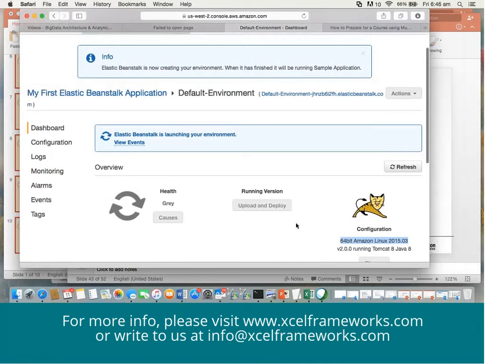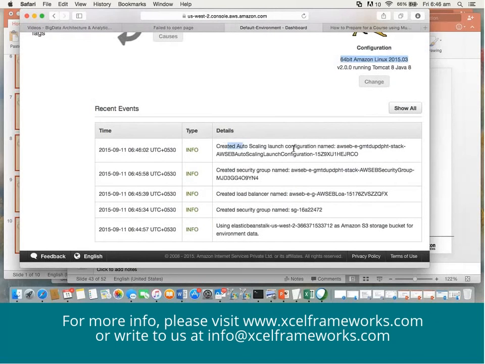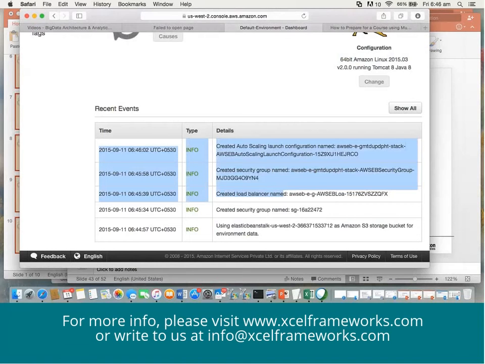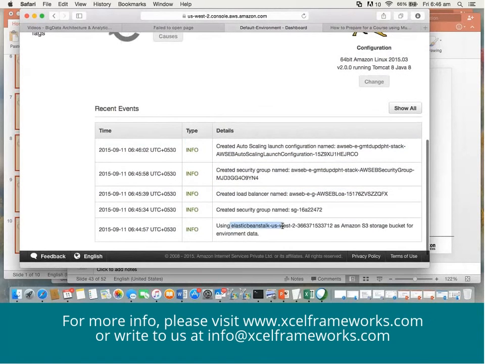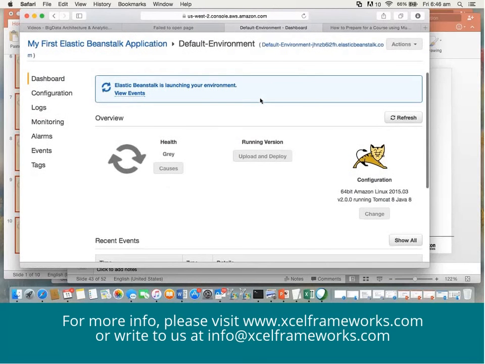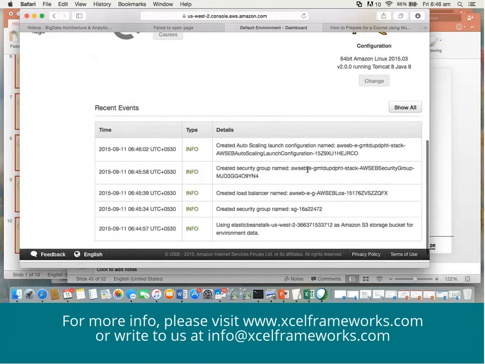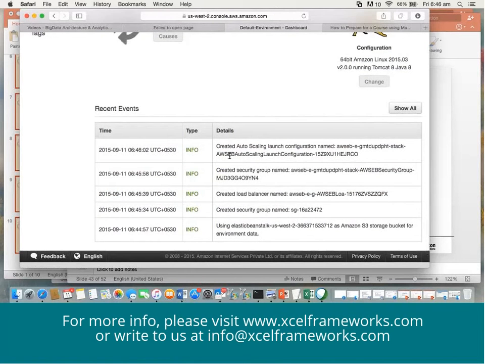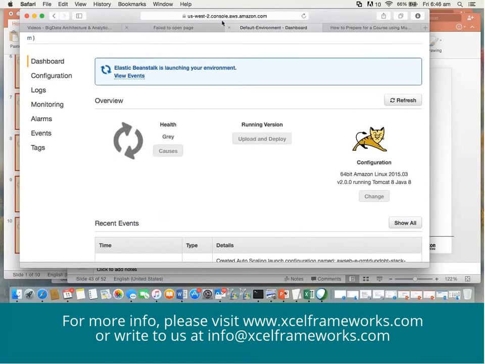It takes some time because internally it is creating an auto scaling group. You see, it creates a security group, it creates a load balancer, it creates a security group, it creates now Elastic Beanstalk, right? And it provides you the storage, right? So you see, these are the benefits that you get when you go with a few AMIs which are already created, and all these activities are going on here internally. So I'll be on mute for a few seconds. Let this get launched so that you can see the benefit.